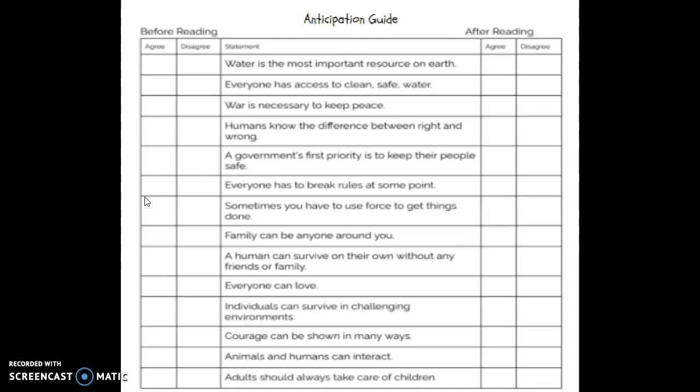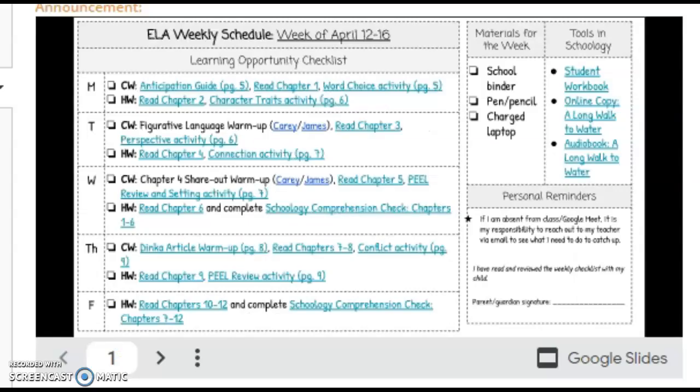There's going to be an EdPuzzle question that pops up saying, yes, I've done it. And as soon as you click that, we will move on. Use this time now to complete page 5. All right, you should have completed the anticipation guide if you're on this section. So the next thing that it says to do here is to read chapter 1.